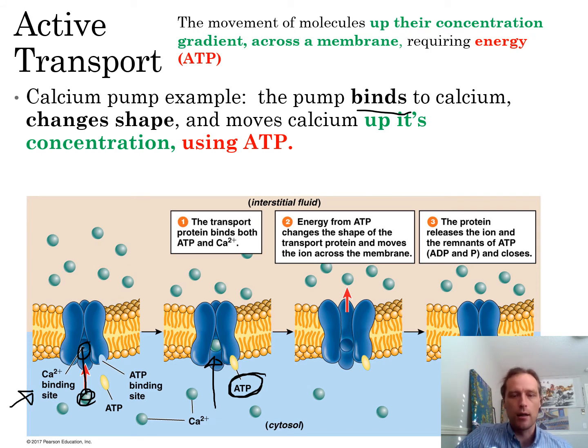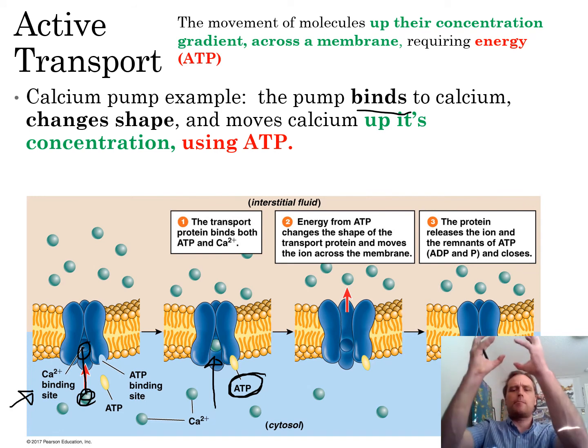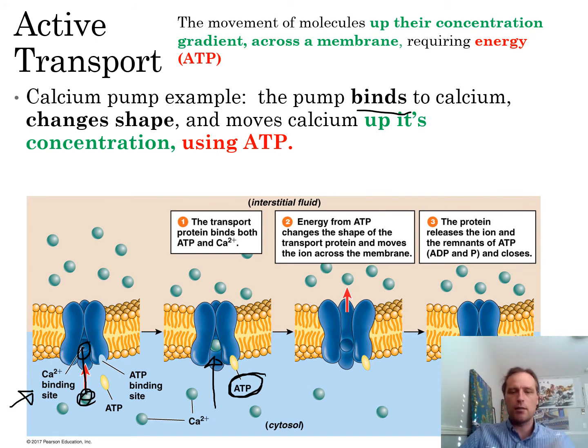ATP binds as well. And this input of energy from ATP is going to make the blue transport protein pump here change shape. And it's going to have to do some work, and it'll release the calcium on the other side of the cell. Finally, you can see right here the ATP is still there. Finally, it will be released in the form of ADP and phosphorus, and basically, let's not get into it because